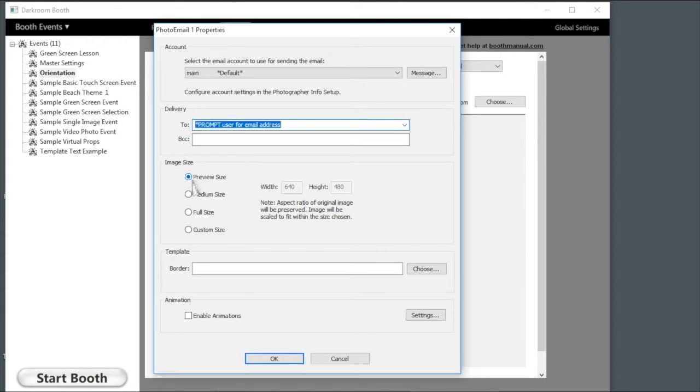And then for image size, I typically leave it at preview size simply because you're going to be dealing with venue or hotspot internet, and that can be a little unreliable. So the smaller the file size, the better. These are all still high quality. It's just the actual file size on the computer. The dimensions are smaller than medium or full size. So I usually stick to preview size for emailing. They still print out well, and people can do all kinds of things with them. And that's it. I make sure I have my email account chosen, have my prompt selected and preview,